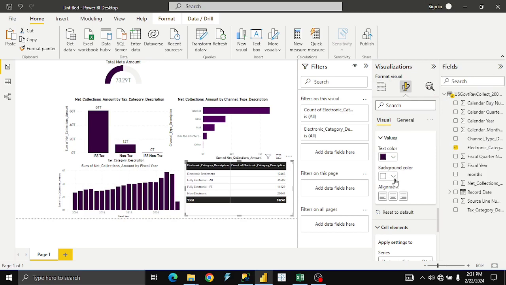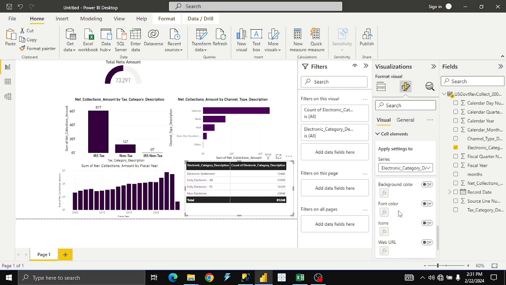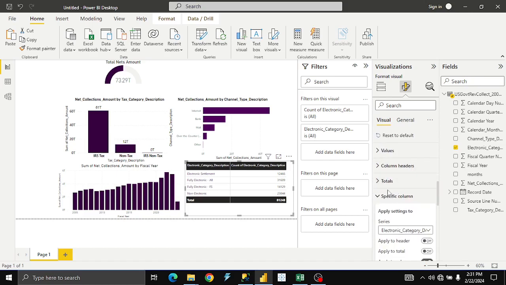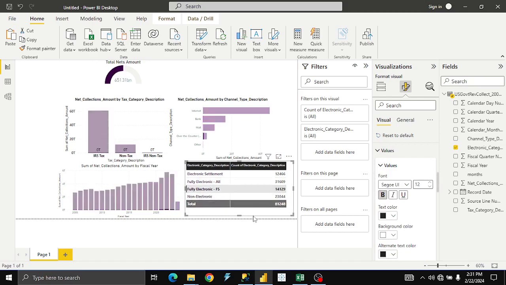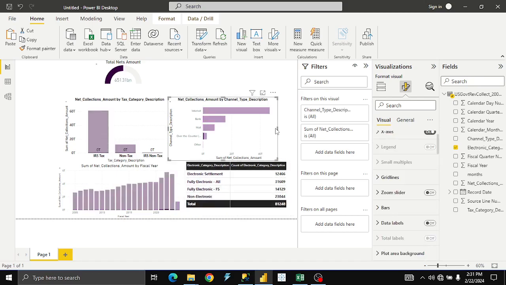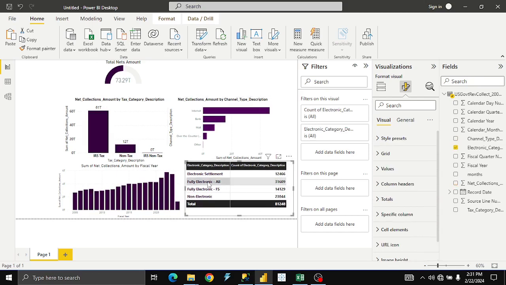Background color, no need for that. I want to increase the text. Values. Now this is where you're supposed to increase it. Can we make it bold? Yes. Now from here it's telling us the type of electronic category that was used more